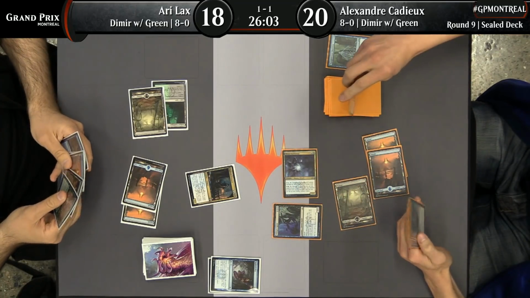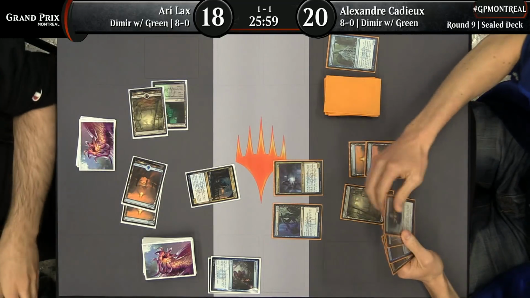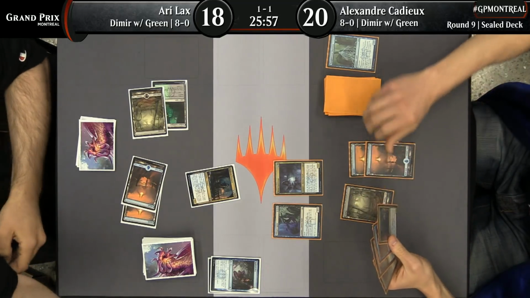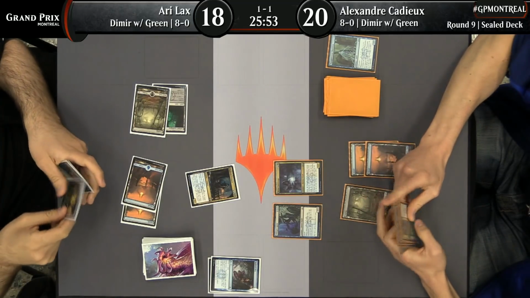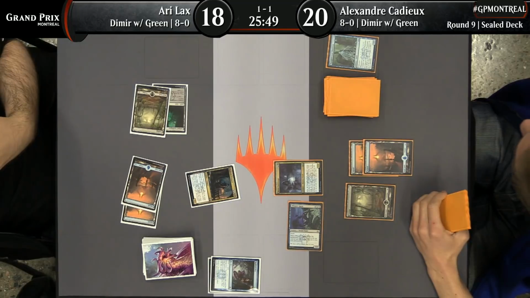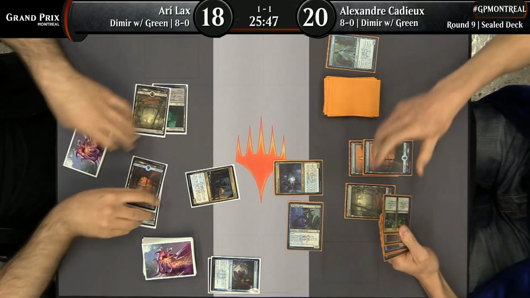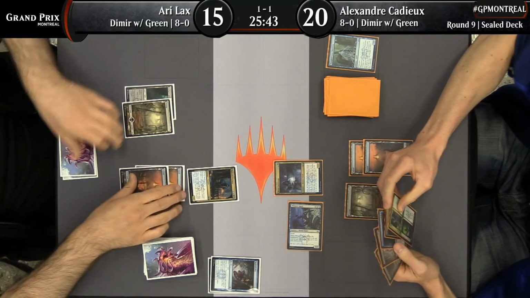Does it resolve? It does. Hits the table for Arilax. Whisper Agent flashes in for Cadeau. He surveils and leaves it on top. Ooh, he has a Nightveil Predator of his own. So he surveilled Status Statue to the top. Yeah, it's so hard to leave that one behind, even when you...